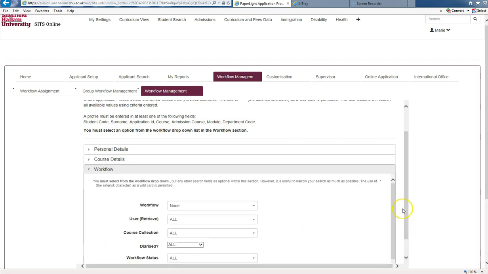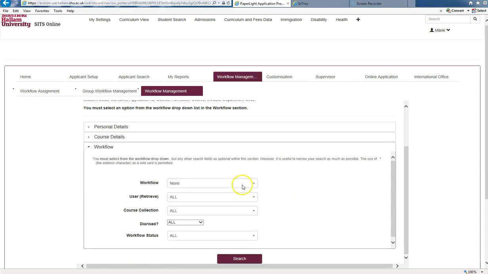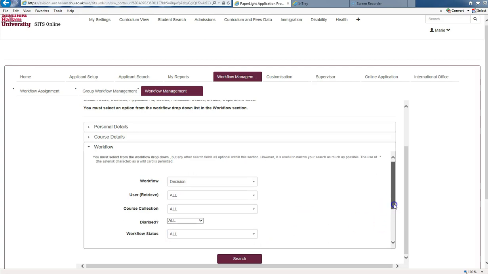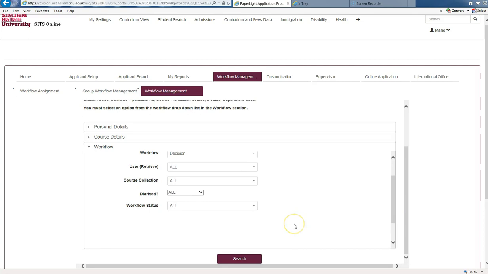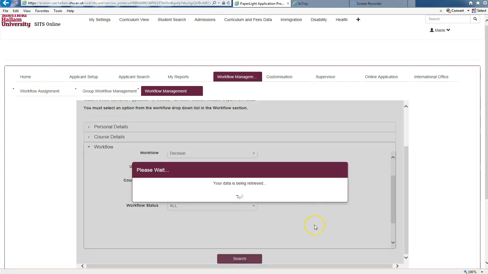And in the third container you need to select whether there's a workflow present or not. In this case I do know that there is a workflow because I want to stop it, so I need to look for a decision workflow that exists. This is user retrieve, course collection with a drop down, whether the record is diarised or not, and workflow status if you know it. You can type that in. And then once you've completed all the criteria, hit the search key,